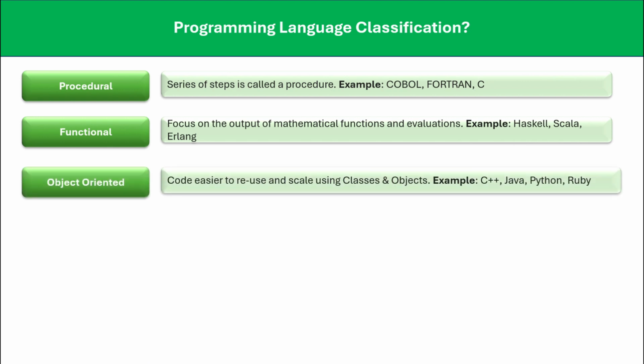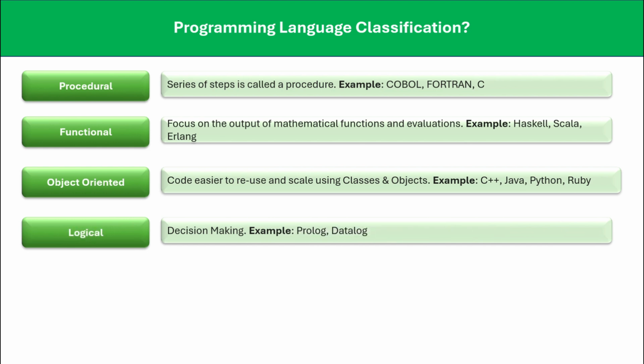Also, we have the quite popular object-oriented programming languages, where we have the concepts of classes and objects. Mainly the purpose of using object-oriented programming is its reusability. The code is easier as it's simple and reusable. Examples include Java, Python, Ruby,